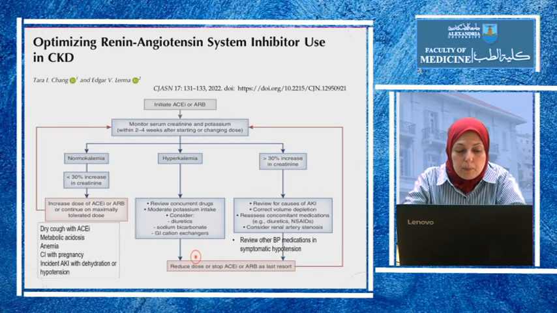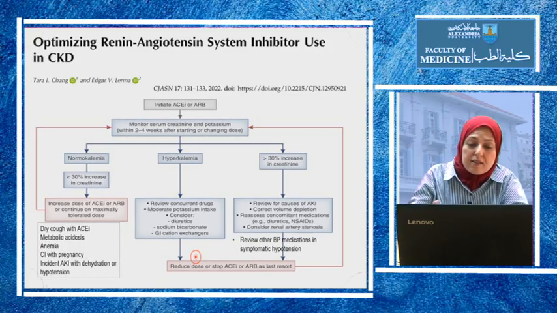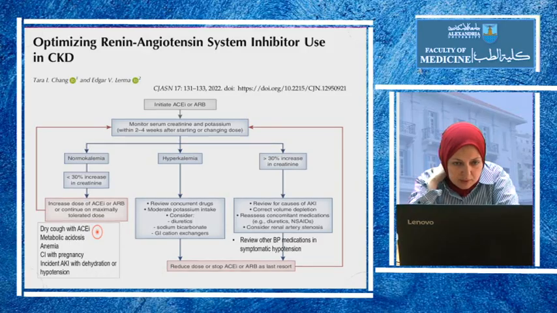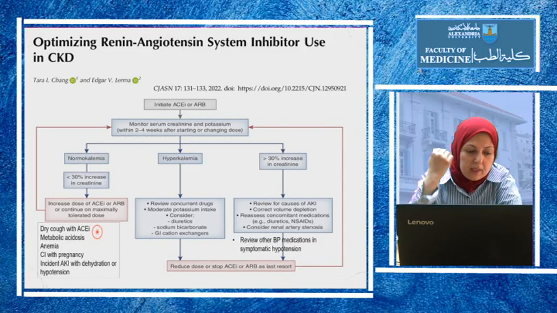We should also monitor for other side effects. For example, in about 30% to 40% of patients, ACE inhibitors may cause a dry cough. Some patients describe it as irritating, and it's actually frequent, and it stops when we switch ACE inhibitors to ARBs. So we should ask about it after initiation of ACE inhibitors. There are some patients that also get angioneurotic edema after ACE inhibitors, and they should be switched to ARBs.